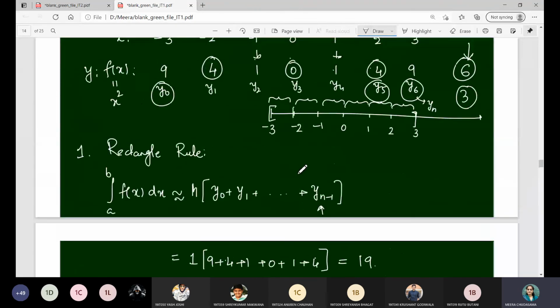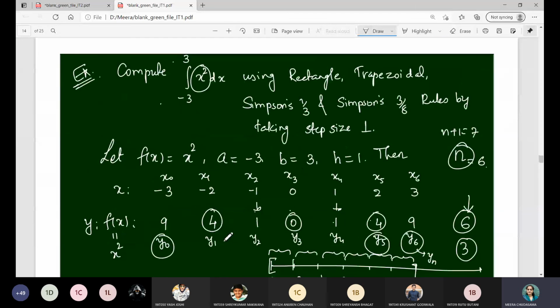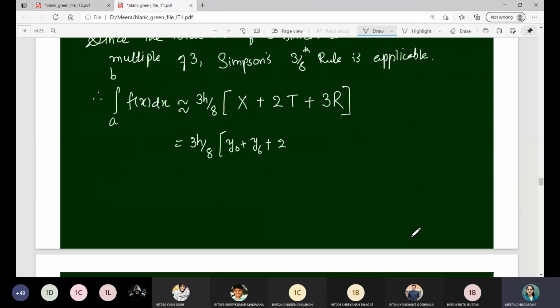ऐसे कितने नंबर्स है जो मल्टीपल ऑफ 3 में है? सफिक्सेस जिनकी मल्टीपल ऑफ 3 में है, ऐसे कितने नंबर्स है? एक ही नंबर है, दैट इज y3, क्योंकि y6 तो आपने ऑलरेडी आगे कंप्यूटेशन में ले लिया है, तो जस्ट y3, नेक्स्ट मल्टीपल होगा y6, तो दैट इज द एंड पॉइंट यू हैव ऑलरेडी कंसीडर्ड, प्लस रिमेनिंग वैल्यूज, तो y0 आ गया, y1 y2 y3 आ गया है, तो वी विल नॉट कंसीडर इट, सो y4 y5 y6 आ गया है, तो वी हैव टू एंड अवर फॉर्मूला ओवर हियर.